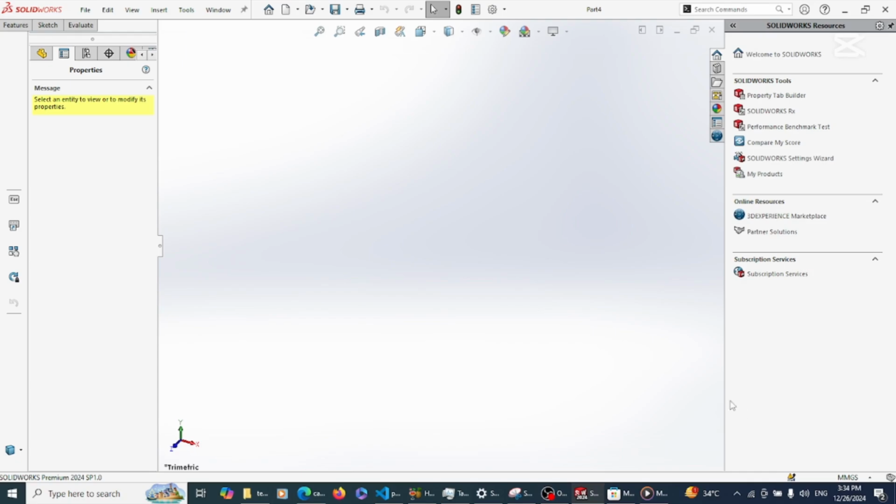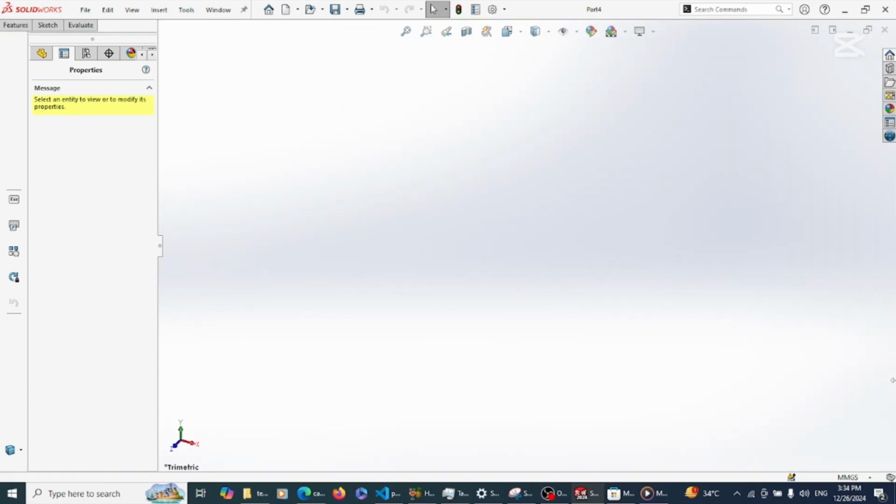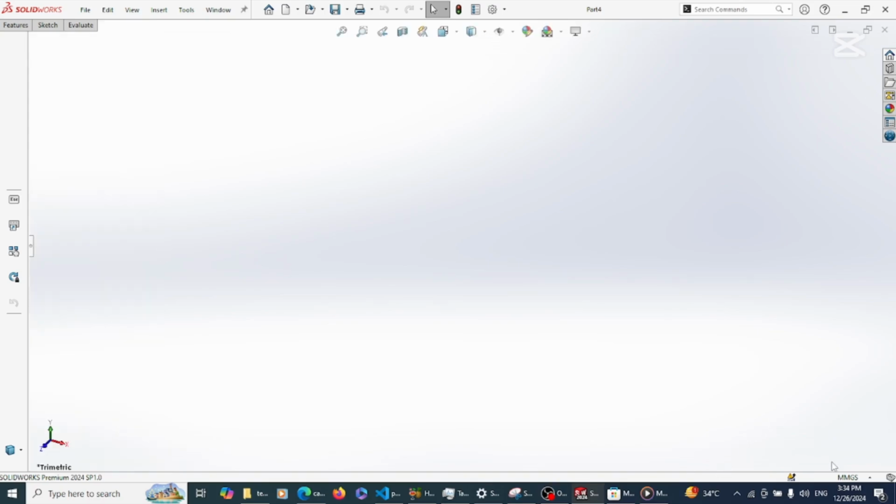How did I do that? Because some of us, when we open SolidWorks for the first time, mistakenly chose inch pound second. I had the same issue too. So anytime you open SolidWorks, it's going to be IPS showing down there, and sometimes you may forget to go back and change it. So if you have that issue that you want your default unit system to be millimeter gram second, but it's something else, just go to options,